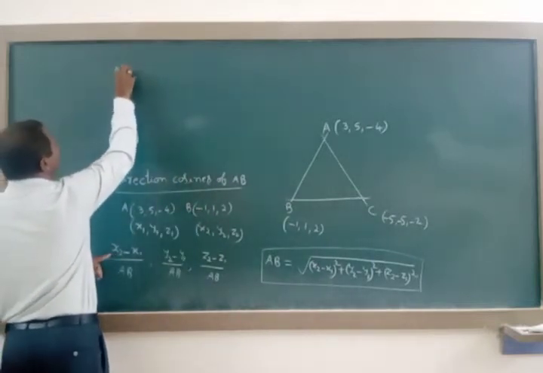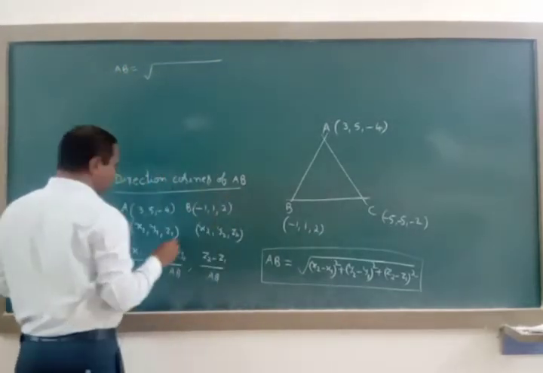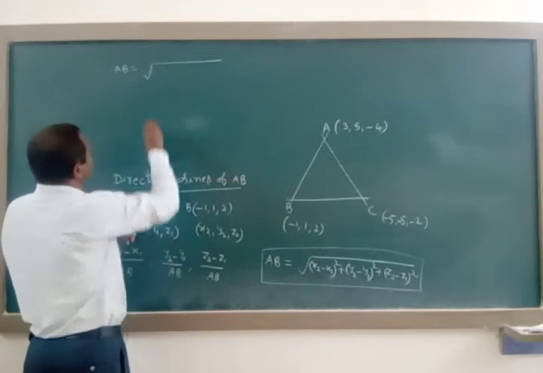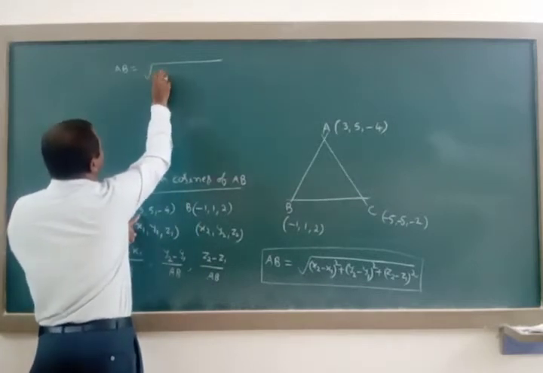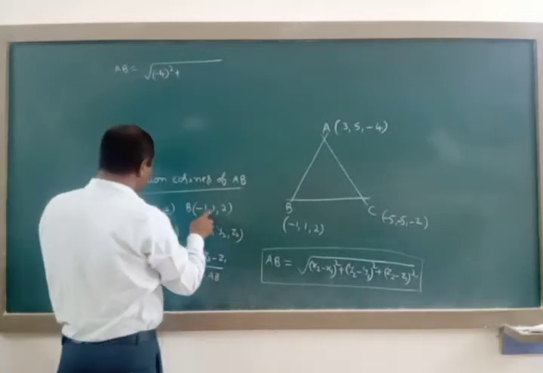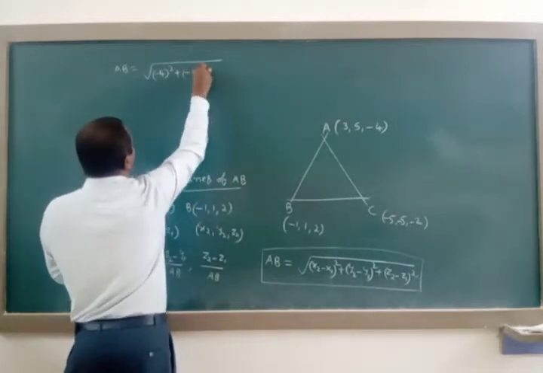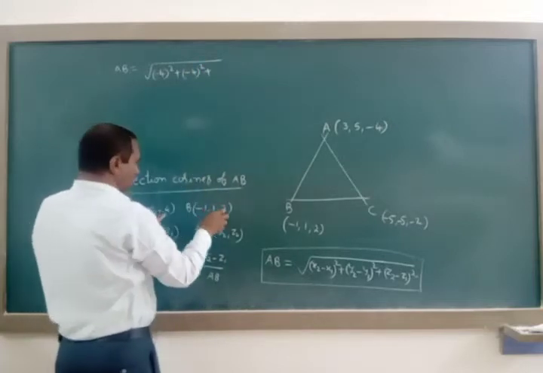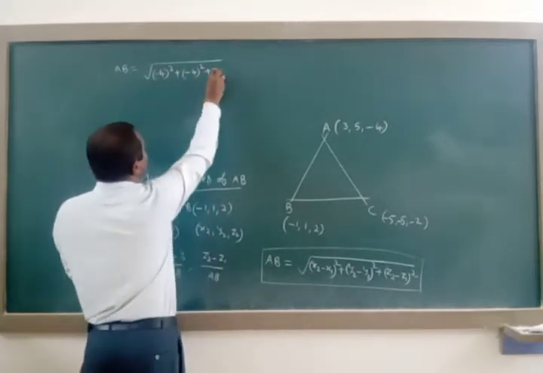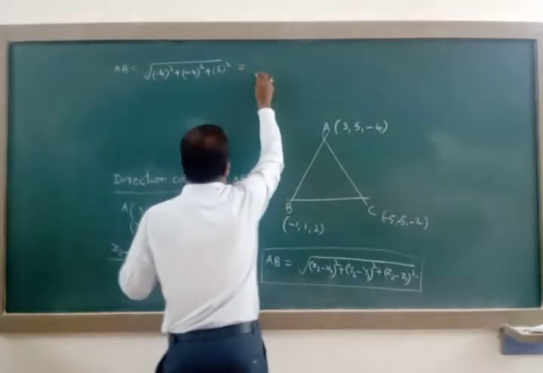AB is equal to the square root of (x2 minus x1) whole square, that is (minus 1 minus 3) whole square, that is minus 4 whole square, plus (1 minus 5), that is minus 4 whole square, plus (2 minus of minus 4), that is 6 whole square,